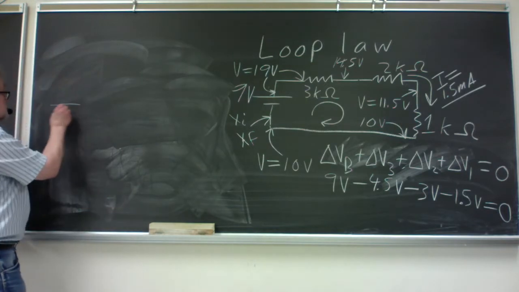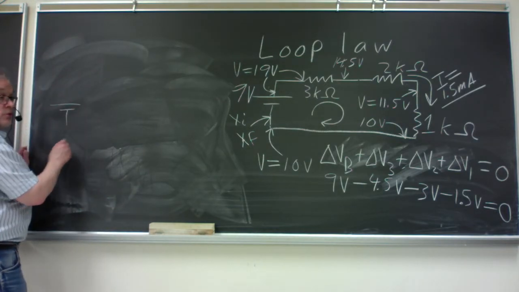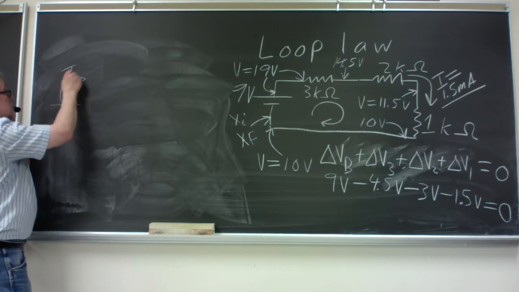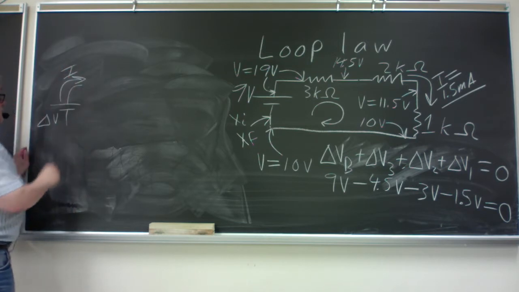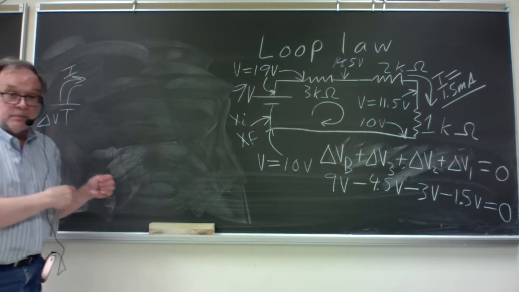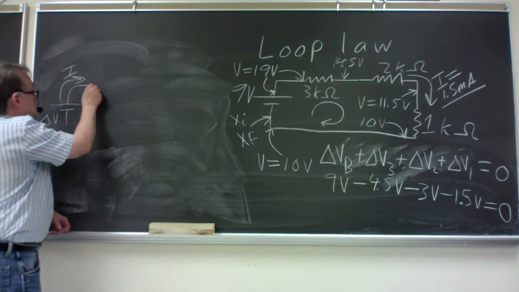Just take a source of potential difference, delta V volts, and it pushes I amps of current through